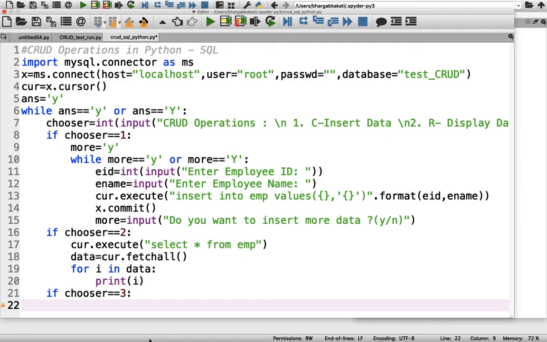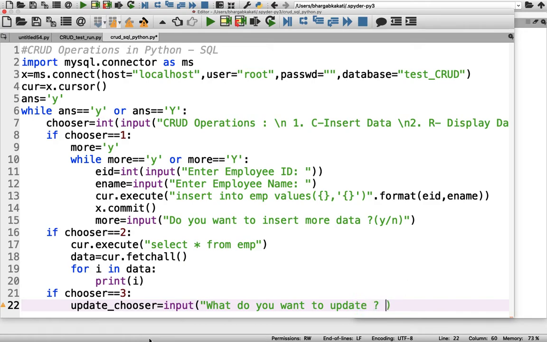So here we have to give another menu, with a variable, let's say, update chooser. You can take any variable, but I am giving a user friendly variable so that I will not get confused later on. So here I'll ask the user, what do you want to update? Updating means changing the existing data.